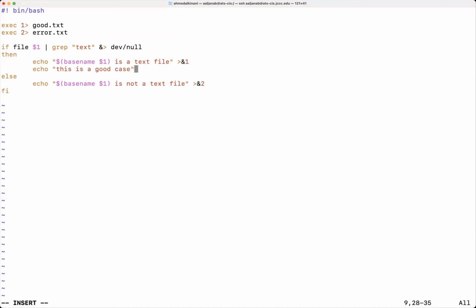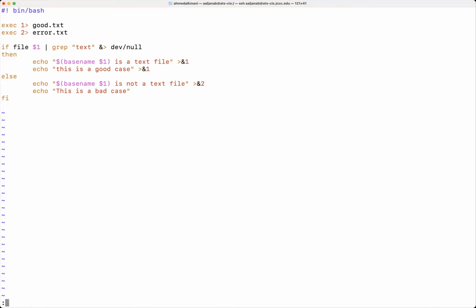And I can redirect it again to the same standard output, and I can come here and do the same thing. Echo, and this is a bad case.